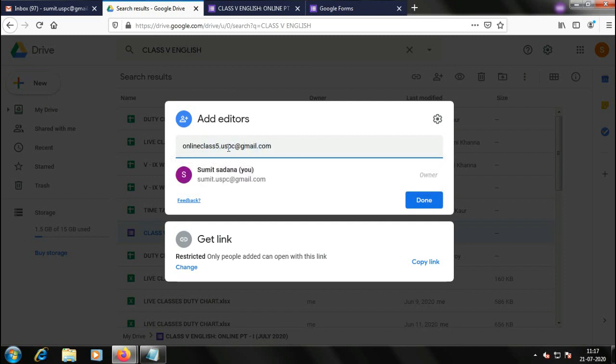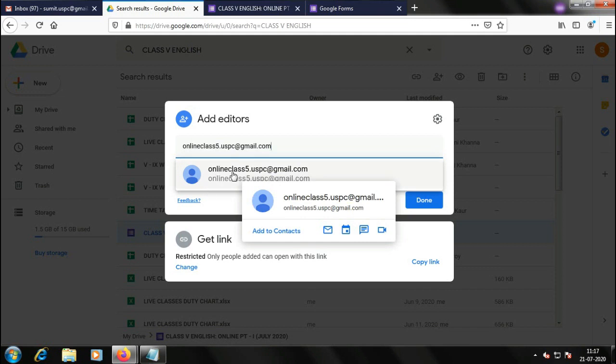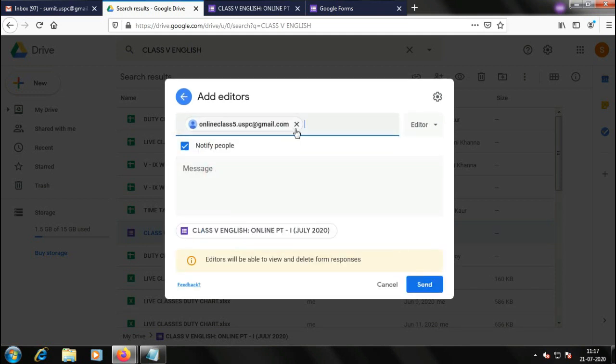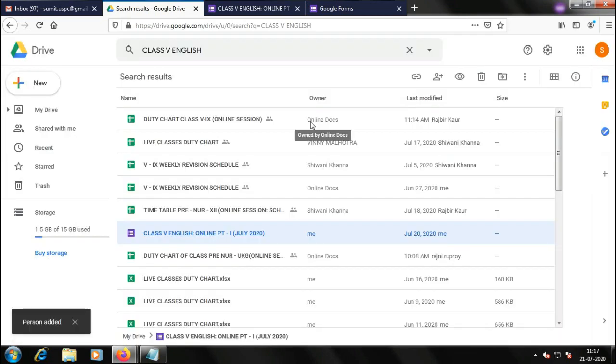It will prompt here, and when it prompts, only then select it. Click. It is selected and comes in a cylindrical form. Make sure the editor is selected or written here. Click on Send. The person is added.